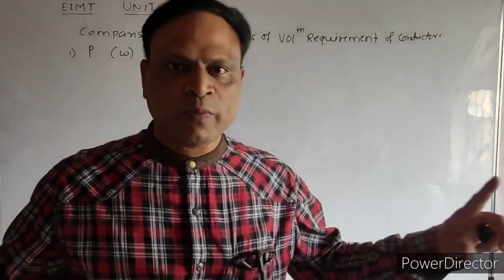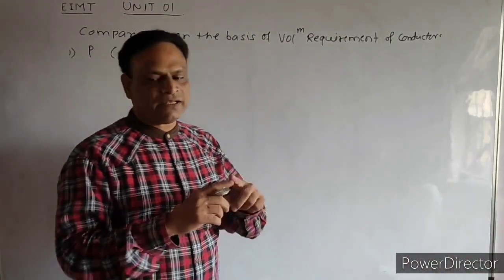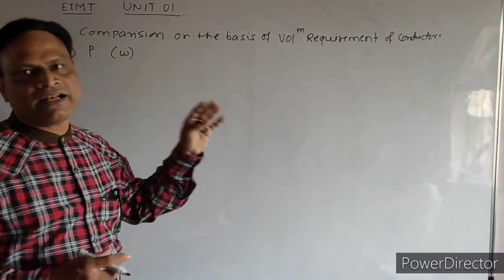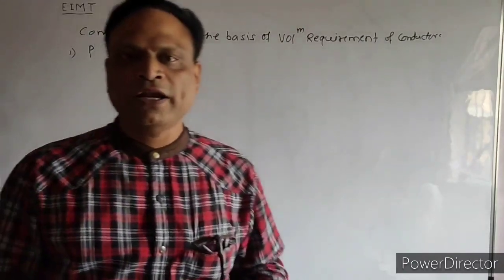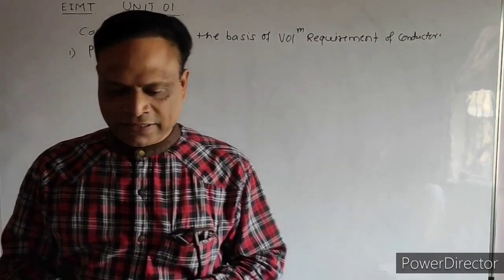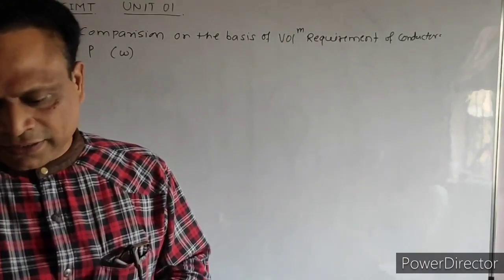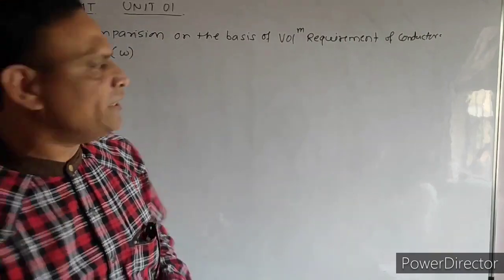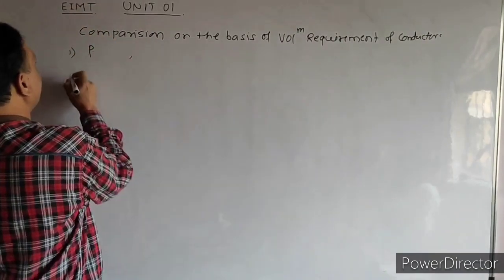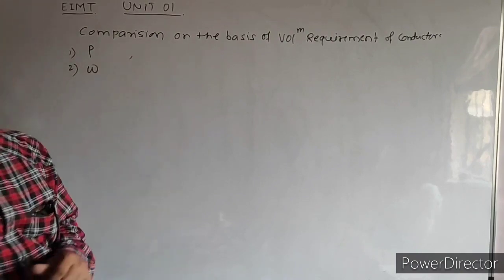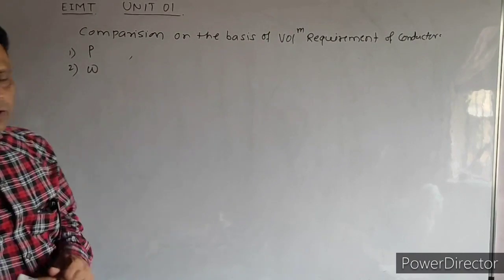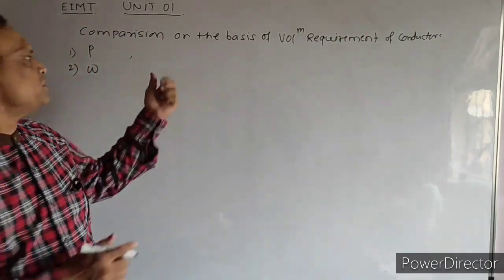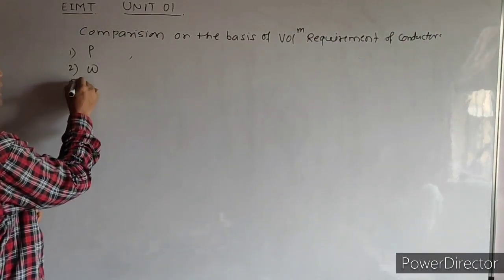We are considering power to be transmitted, that is also same for all the cases, whether it may be single phase AC, whether it may be 3 phase AC, or it may be DC. We are making the assumptions like this. And the third is the line loss is same in each case. Line loss will say in watts, so we'll use the suffix W for the line loss, and the suffix P will be used for the power to be transmitted, and